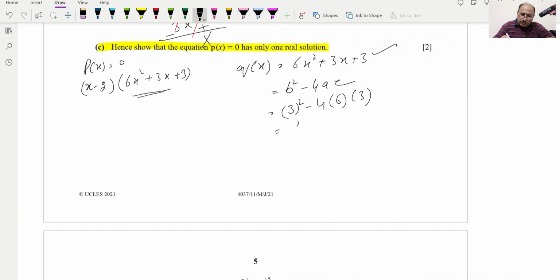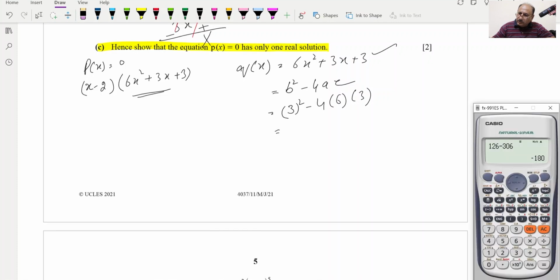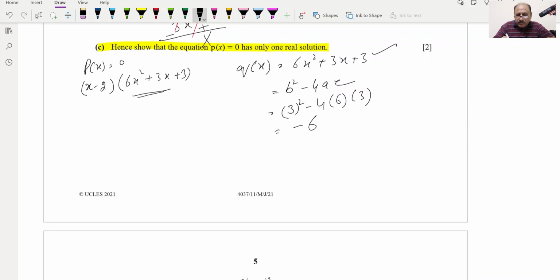We can use a calculator to find this value, and this will be 3 squared minus 24 into 3, which will be 72, so this will be minus 63. So minus 63, which is a negative value, so less than 0, and less than